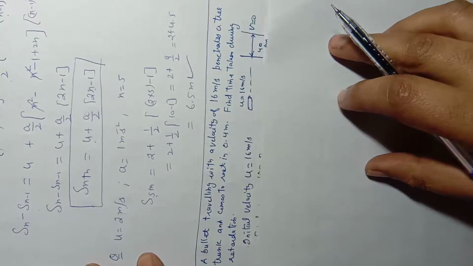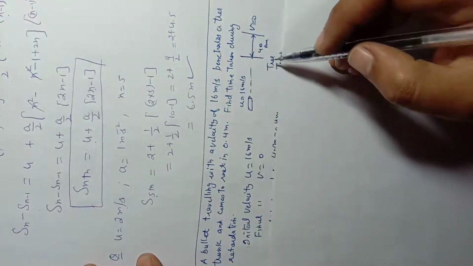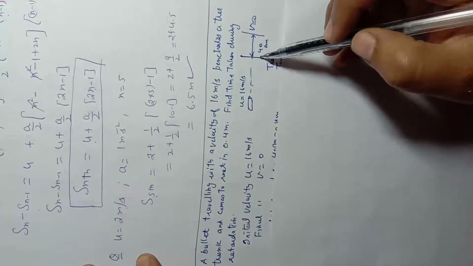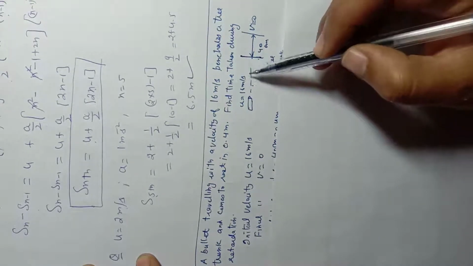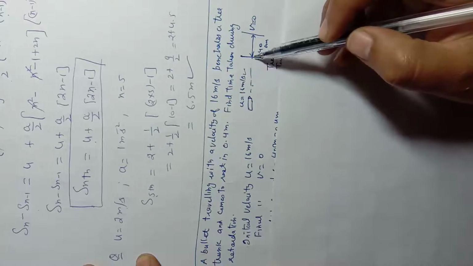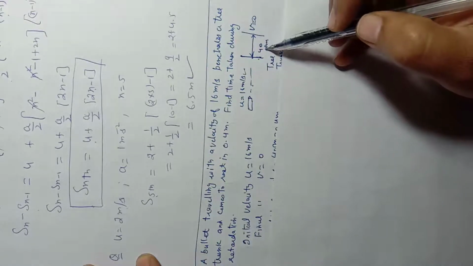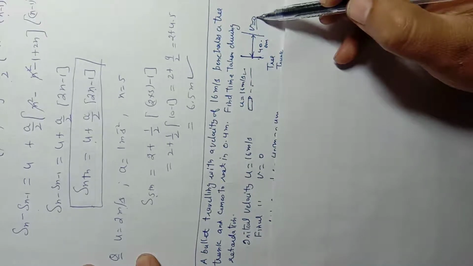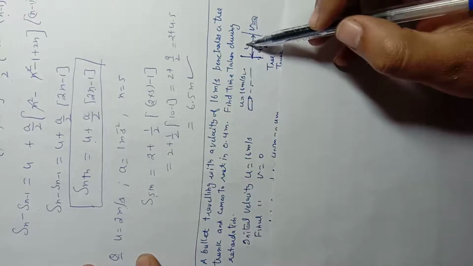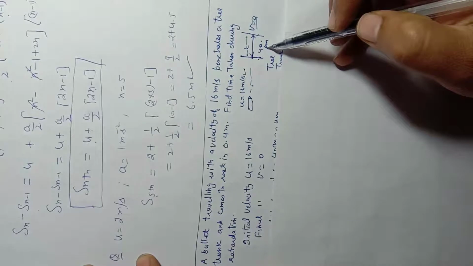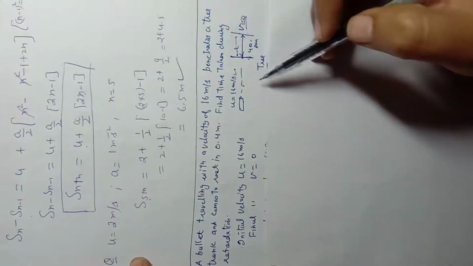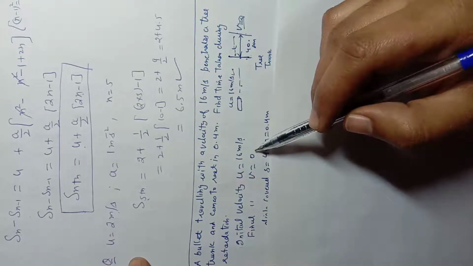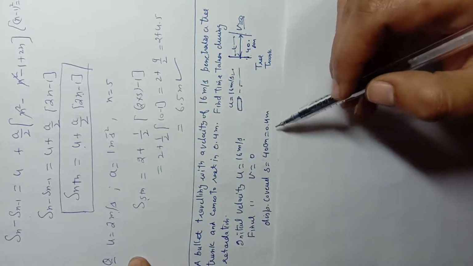So here we have a simple figure to illustrate. Bullet was traveling with speed 16 meter per second. It hits the tree trunk over here with the initial speed 16 meter per second, covered a distance of 40 centimeter inside the tree trunk. After that its speed was 0. So we have to find out this much time in which displacement covered is 40 centimeter. So initial speed is 16 meter per second, final speed is 0, and distance covered is 0.4 meter.